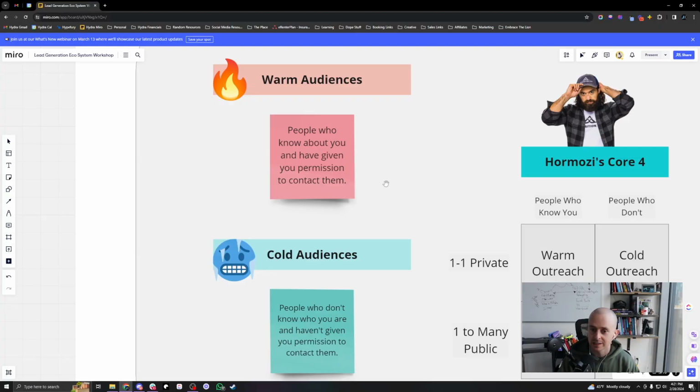And this is true for cold outbound. And I'm sure you guys have all gotten messages before in your Instagram DMs, Twitter DMs of people that are trying to immediately pitch you on a service and say, this is why you need it and you should sign up. And usually the response is no thanks or completely F off, right? And so just know, depending on who we're talking to, the strategies change drastically. We have to have an understanding that there are warm audiences and cold audiences, which might be mind-blowing to some people and it might be very basic to others, but we do have to have that understanding.